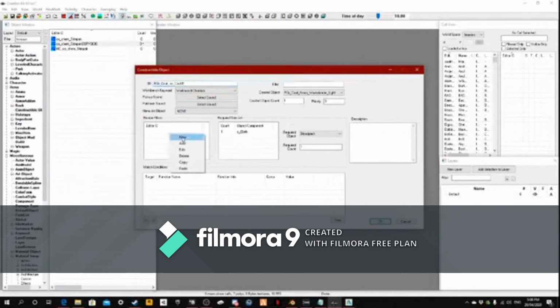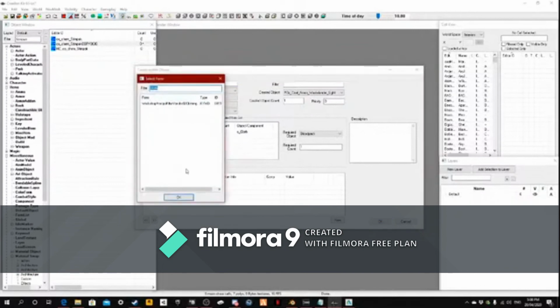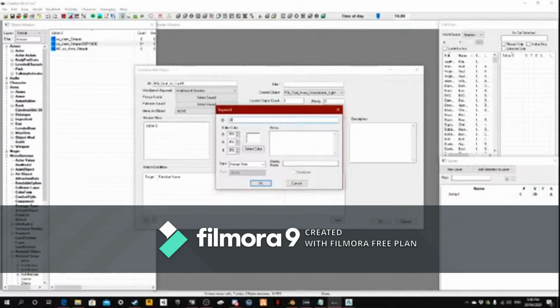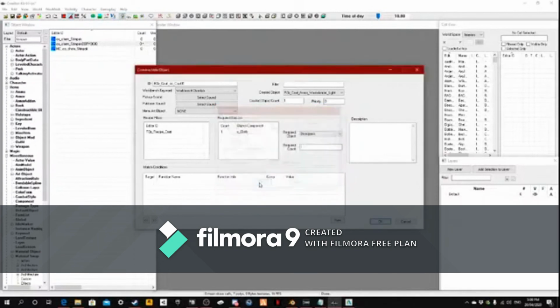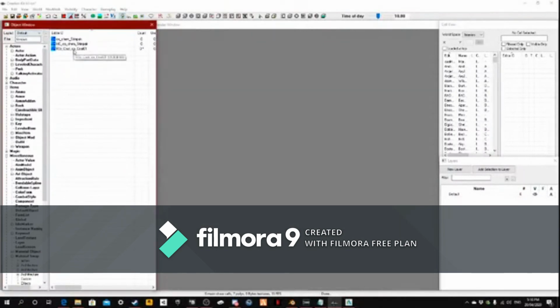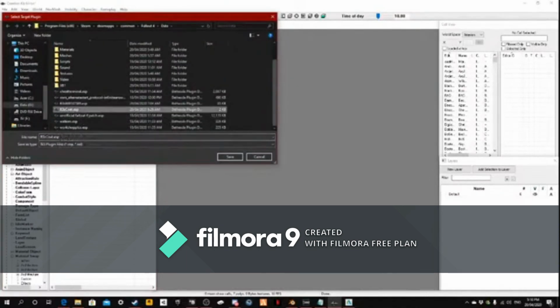So yeah, that's that there, but now we want a recipe filter, so we're gonna do right click new, and now we need an ID for the thing, so res underscore recipe underscore code, and that should be good. So it's a recipe filter, it's already selected there, so we're gonna go display name, we'll do this. So for now we're gonna do that, so we're gonna hit OK, and there's our recipe right there. Now all we do is OK, no, and yes. We have our crafting thing right there. We're gonna hit save, and I'm just going to replace the old one. Hit save,